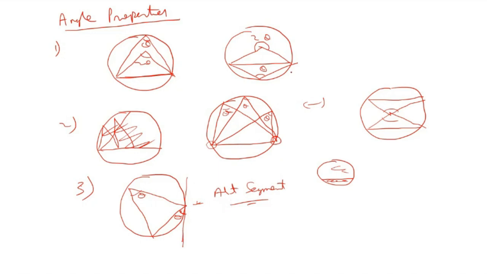Okay, so basically the half and double property is done, equal chords subtend equal angles is done, and equal angles mean equal chords is also there as the reverse of this. Then the alternate segment is done. So these are the three properties that deal with the angles internal to the circle, right? Now, if we were to look at the properties for external angles as well,